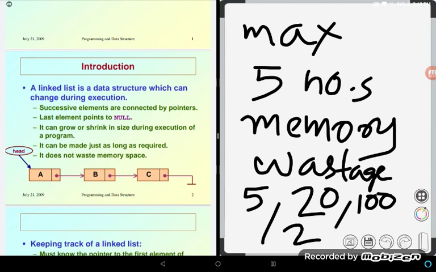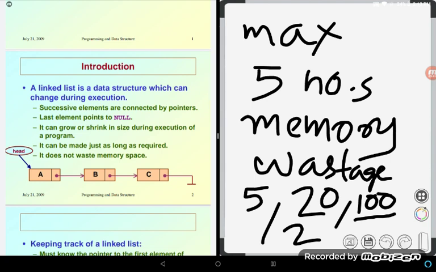Okay, if I am considering the upper bound 100, then I have to declare an array of 100. Then 100 locations are reserved. But during different running instances, I may be using 5, then the remaining 95 are wastage, and I may be using only 80 and the remaining 20 are unused. In a certain instance I am using only 2 and the remaining 98, a huge, bulk memory wastage.